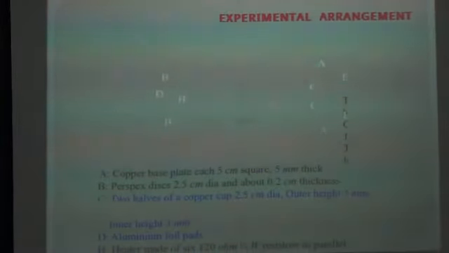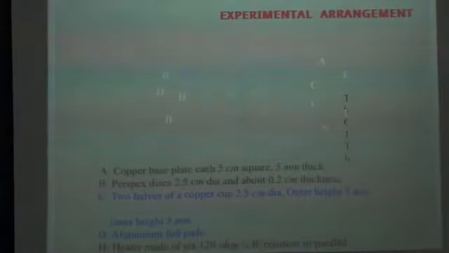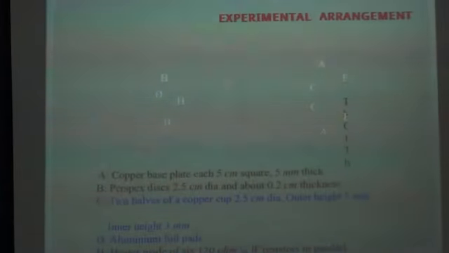Between the two cups we have a heater, and the heater is made up of six resistances of 120 ohm, all connected in parallel. If you take 120 ohm quarter watt resistances, six in number, in parallel, the total resistance will be 1 by 120 six times, so it becomes 20 ohm. So we have a heater of 20 ohm. What we do is fit it between the two hollow copper cups. This is one and this is one, this is inverted, this is the normal copper tube.